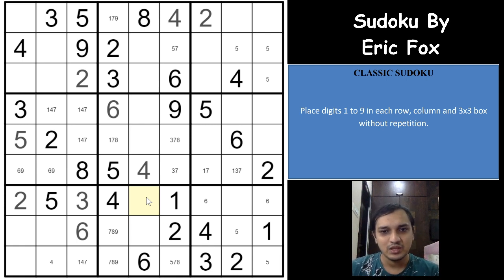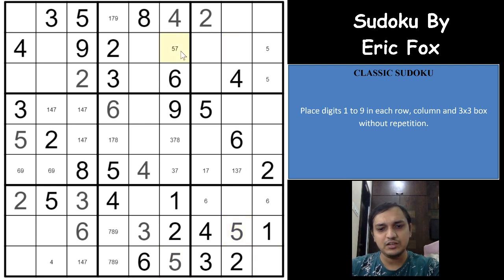Excellent flow. And which means the 3 here and here will have to get a 3 here, and because of the 3 here and here, you'll have 3 in one of these 2 cells. And because of the 5 here and here, you will get a 5 here in this box, which gives you a 5 here, and which gives you a 7 here, because there is no other digit here.